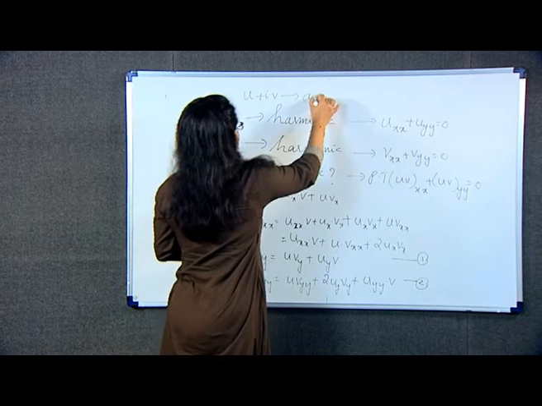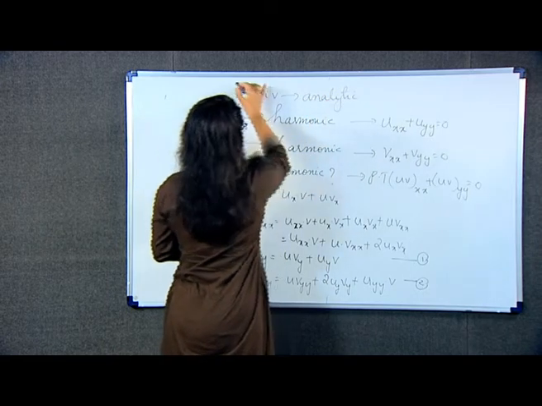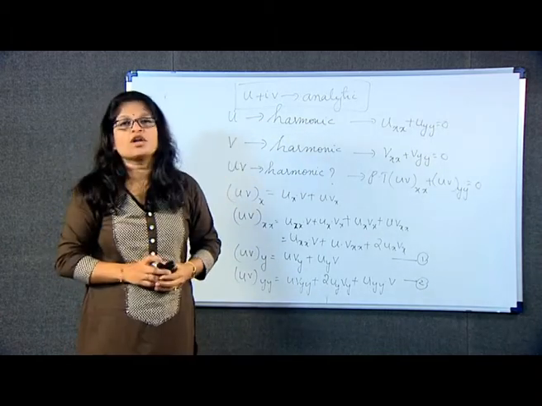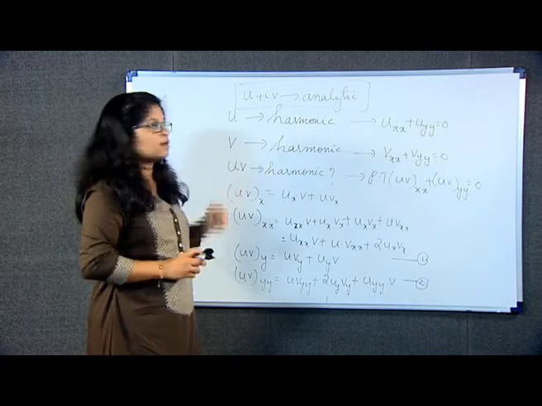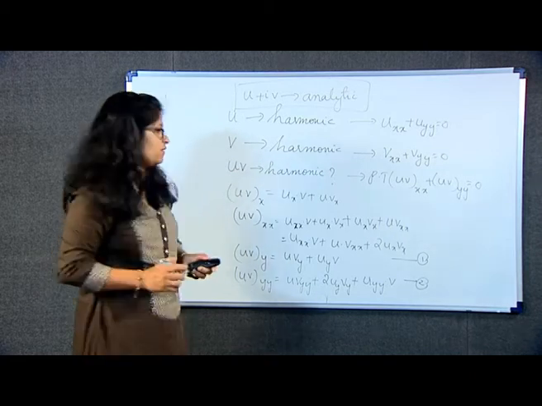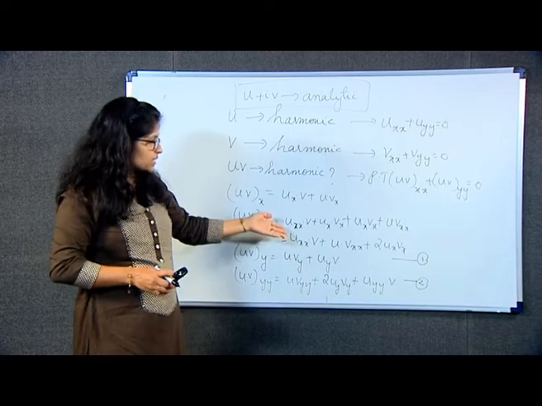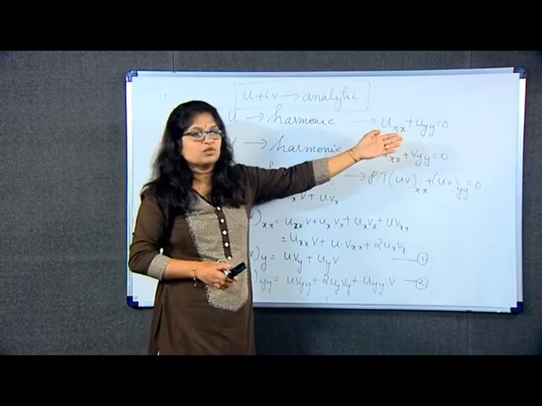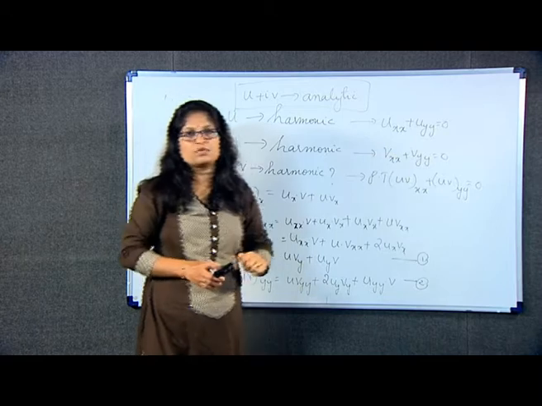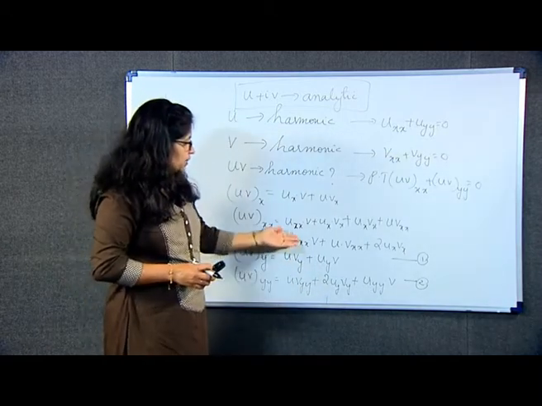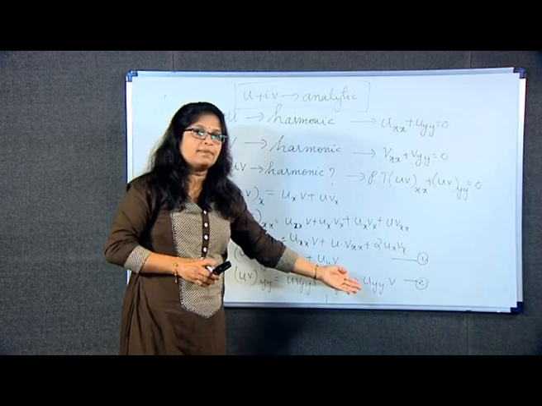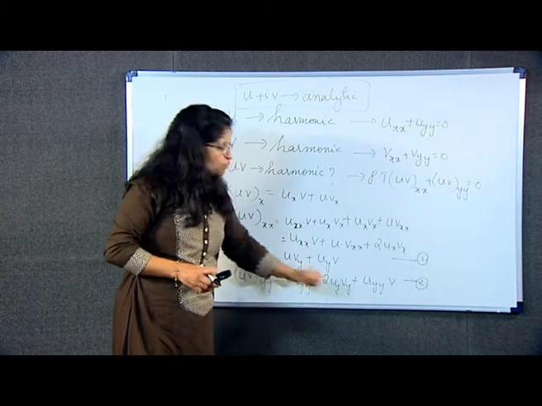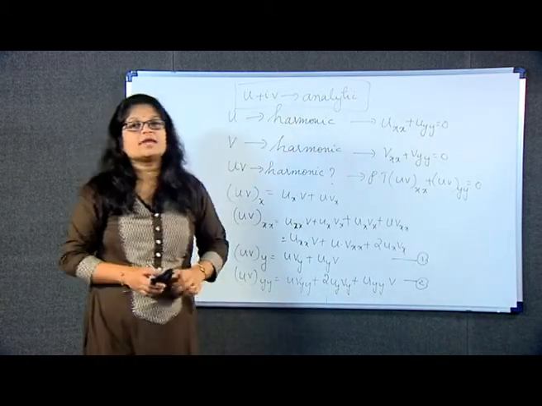Whenever your function u is harmonic, I should have the condition that u plus iv is analytic, then only you will be able to prove this result. Whenever u plus iv is analytic, that means u and v are harmonic conjugates to each other, then the product u into v will also be a harmonic function. What you can do is just add these two equations. You know that uxx is nothing but minus uyy and vxx is nothing but minus vyy. If I substitute it here, these two terms when added up become 0, whereas the part 2 times ux vx and 2 times uy vy becomes 0, because your function u plus iv is analytic.